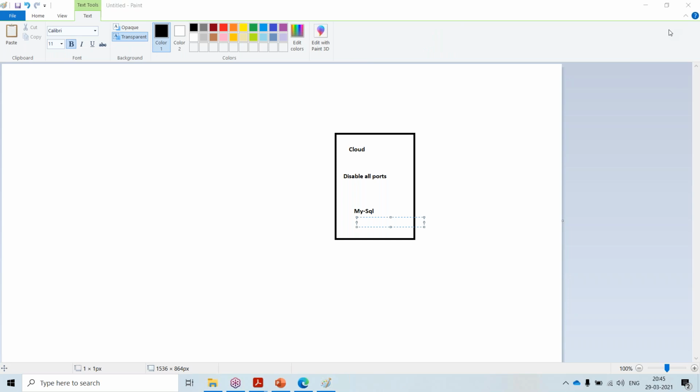Any guesses? 3306. What is the port for SSH? What is SSH? Why will we need SSH? Any guesses? Even if it is wrong, it is not an issue.